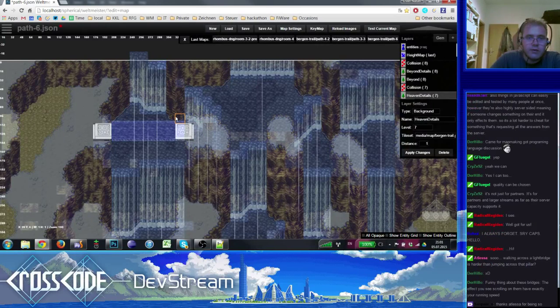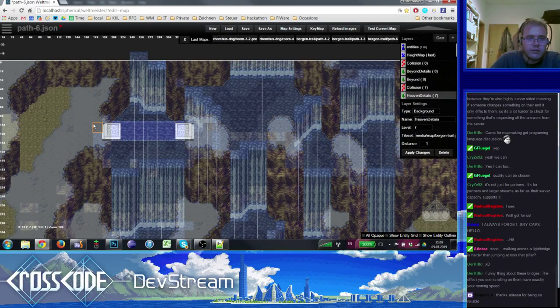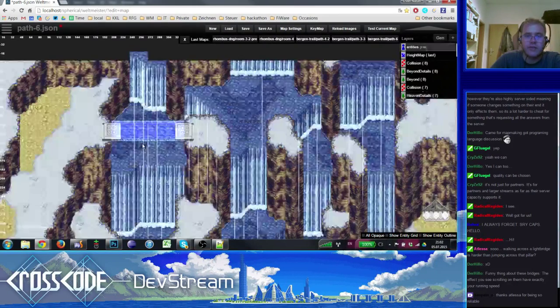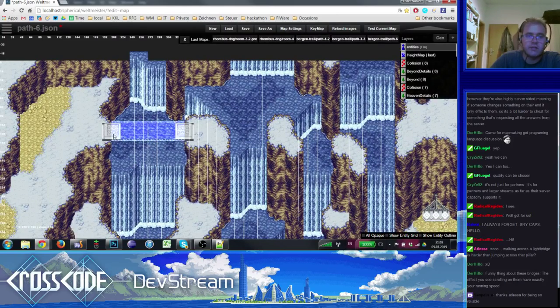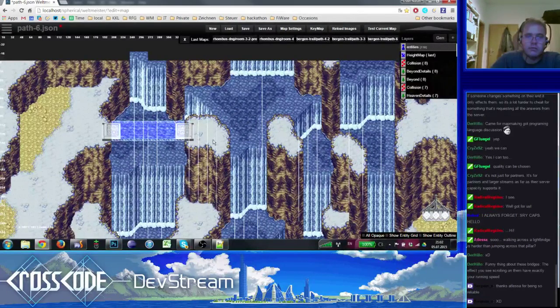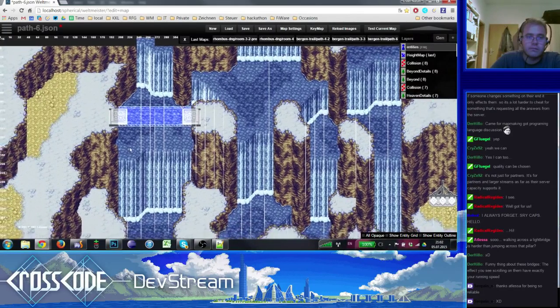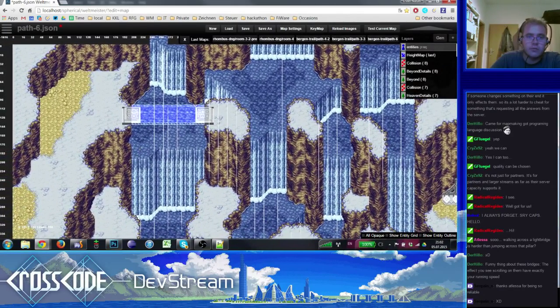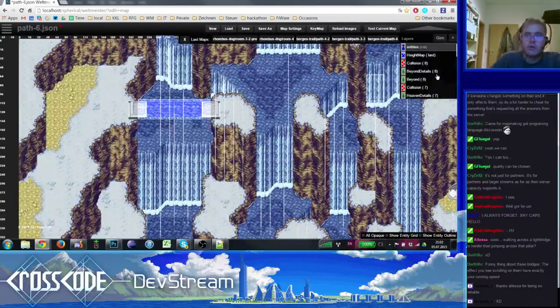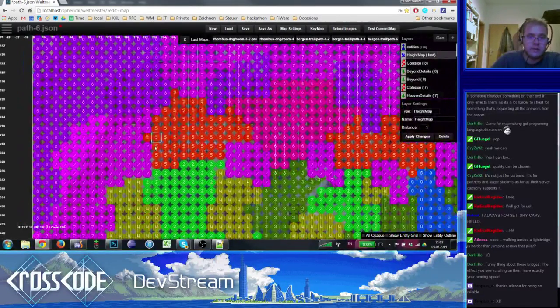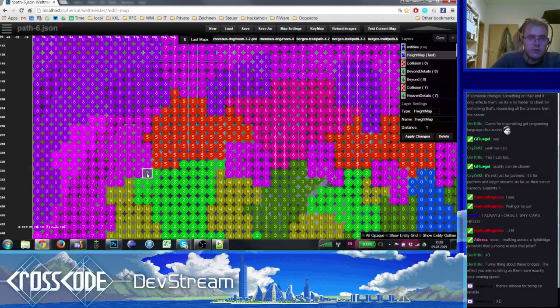Actually, if I want to do it right, it has to go over here one because it looks better. 1, 2, 3, 4, 5. Oh god damn it! So now they're actually too close again, and you can simply jump over. That kind of sucks. What am I gonna do? I just have to move some cliffs here. So this one is too close. I have to make the distance higher. Let's just do this. Here a bit further. Let's just make 2 to be sure. So like this, like this, like this, and this, and generate.